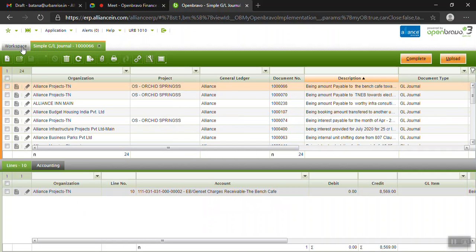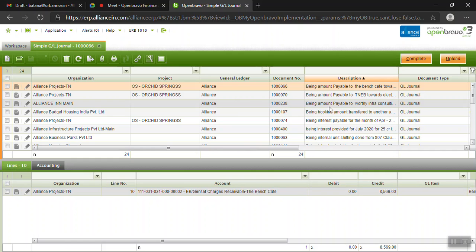Such things which are non-party related. Typically the other four screens are used for daily expenses or party related transactions: business parties, customers, vendors, contractors or service providers. So all such entries are made in the four screens. But this screen is used for anything that doesn't fit in those four screens. Like maybe I got a